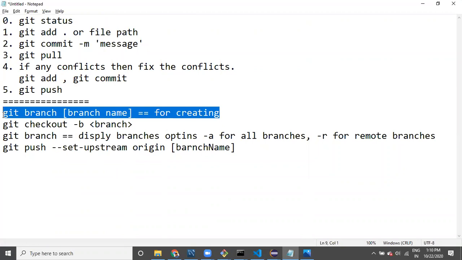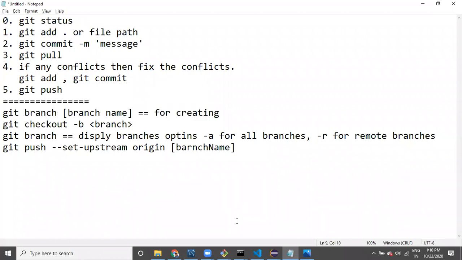Then I'm going to merge those changes into the main branch, that is the master branch. I'm going to do this step as part of our next requirements, with the best practices. Don't worry about branch merging and all. I will take care of branch merging in the next step.